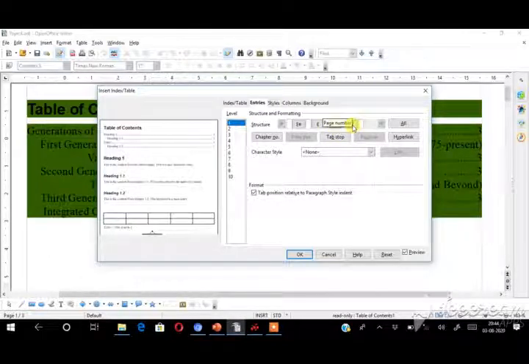Here I am going to set the hyperlink now. So for example, I am going to set it like this. If I click the first generation heading in the index, the link will go to the first generation content. If I click the second generation heading in the index, the link will go to the second generation content. The same way I am going to set hyperlinks for all the generations. Let us see how to set a hyperlink.